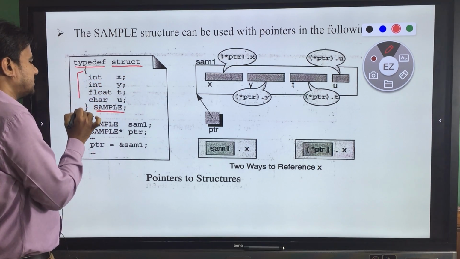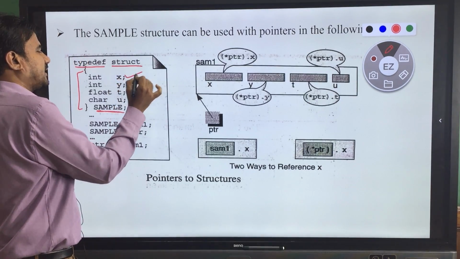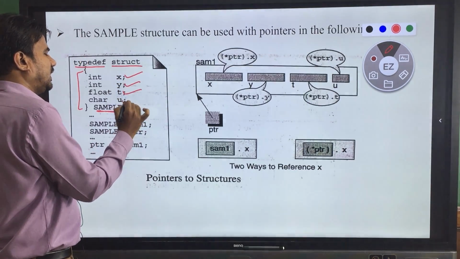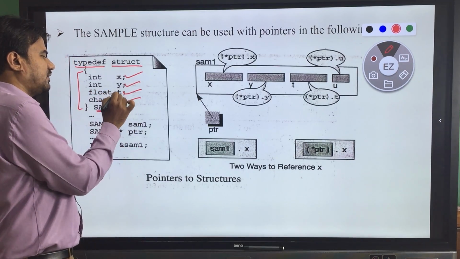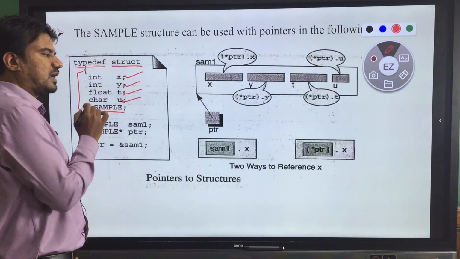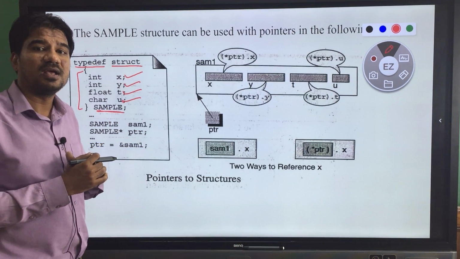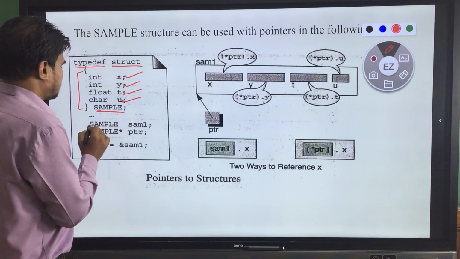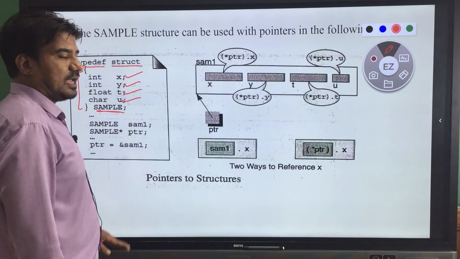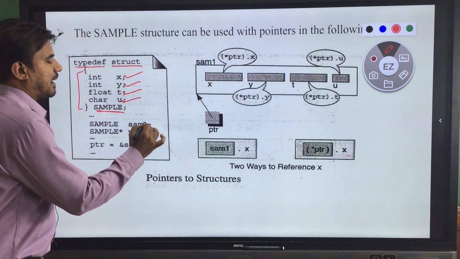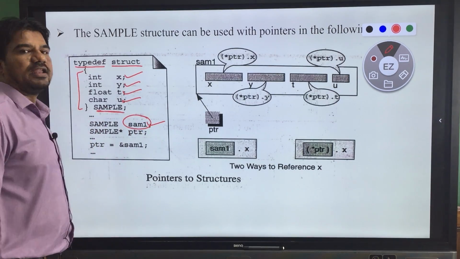In between the parentheses, I have declared many different variables, that is x, y, t, u. x is of type integer, y is also type integer, t is of type float, u is of type character. This type of structure we have seen in our last class as well. Now using this sample structure type, I am creating a variable sam1. Sam1 is my structure type variable.